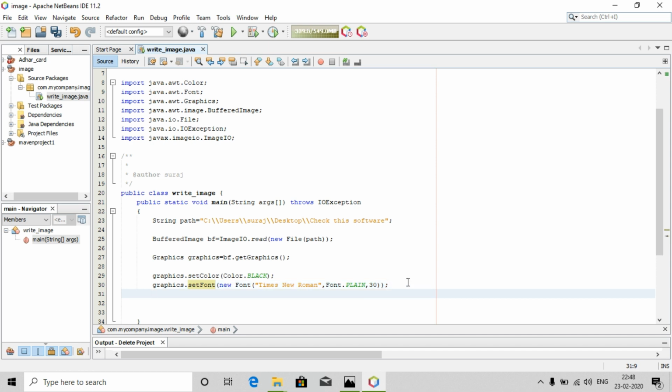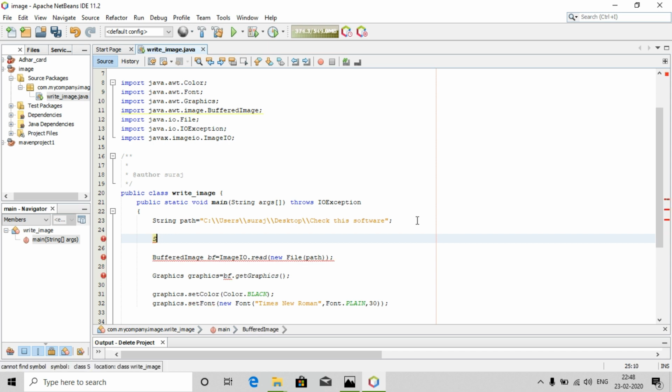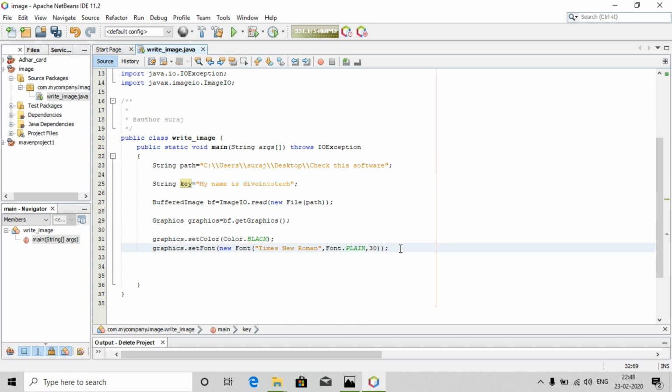But before that, whatever we write into image, first of all we'll have to get some key which will be written into the image. Like let's type it as, sorry, String key is equal to my name is dive into tech. So I've created a key, and now here comes the final part, that is